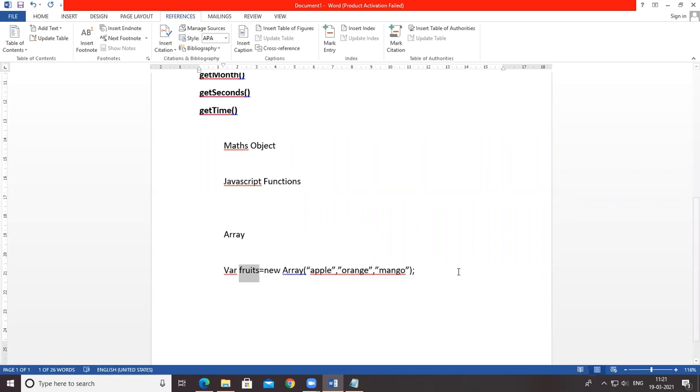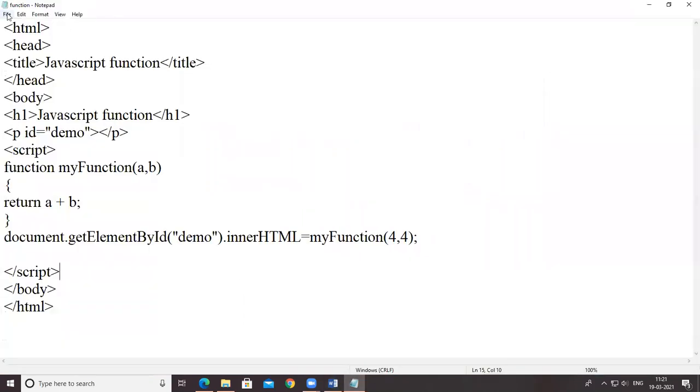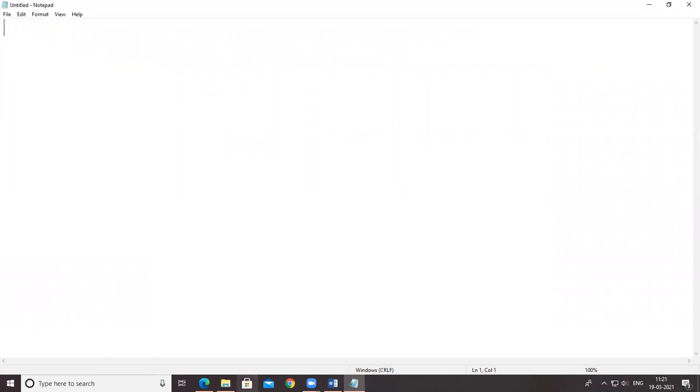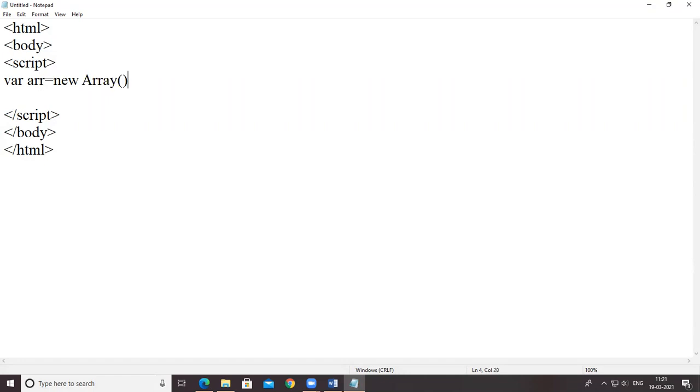So see the program of it. I'm storing the values just like the number values.